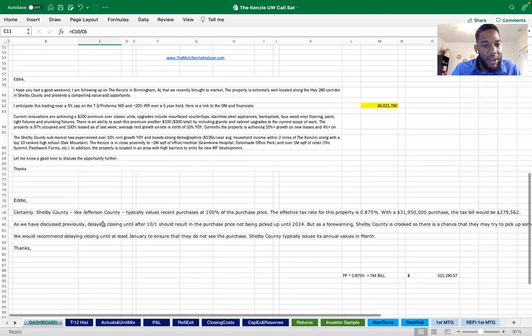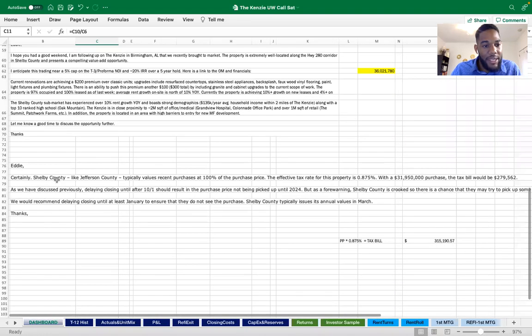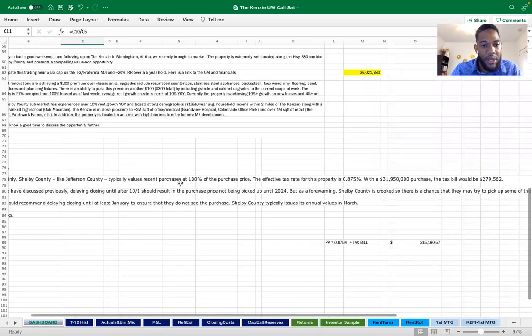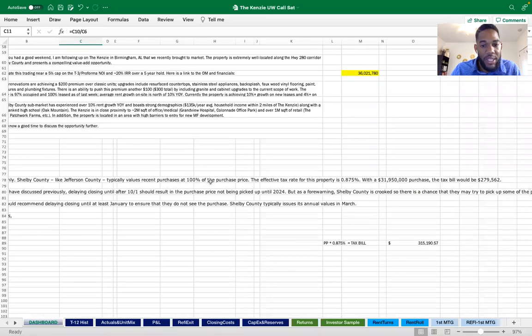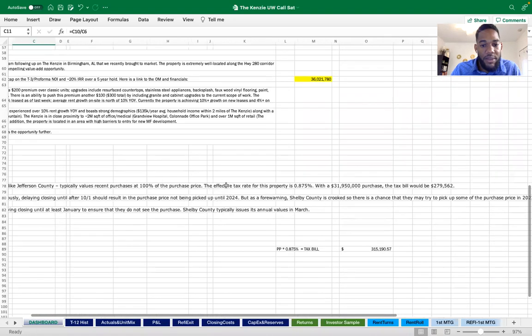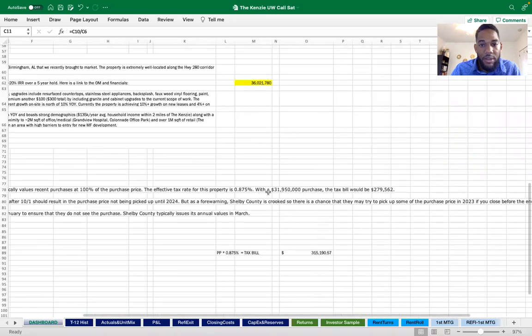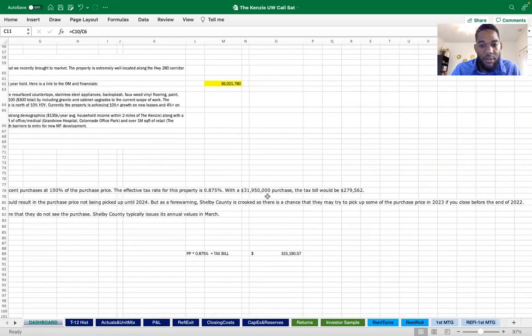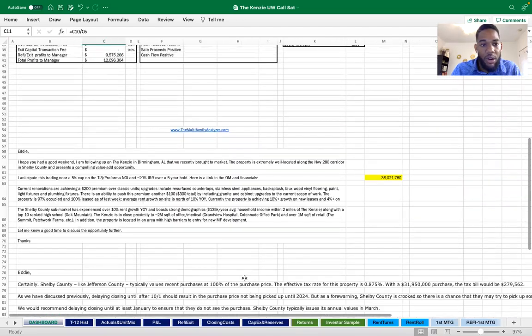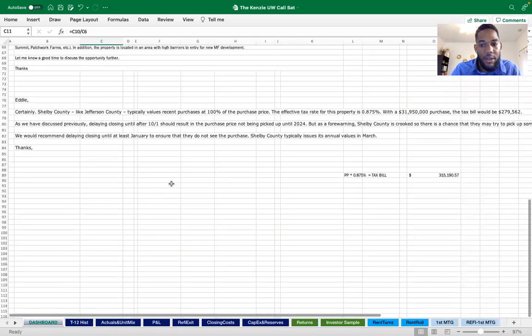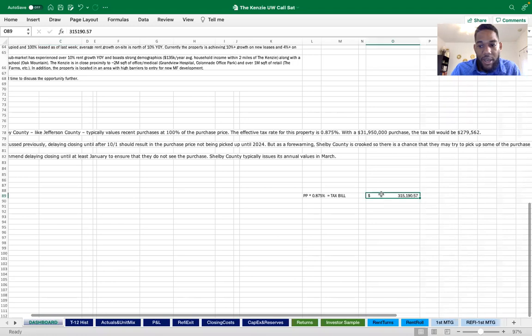And this is some feedback from my tax guy. He said, in Shelby County, like Jefferson County, typical tax values of recent purchases are 100% of the purchase price. But the effective tax rate for this property is 0.875%. So with a purchase price of $31,950,000, which is 150K a door, it would be $279. But we're actually buying this property for $36 million, so our taxable is actually going to be this number right here,